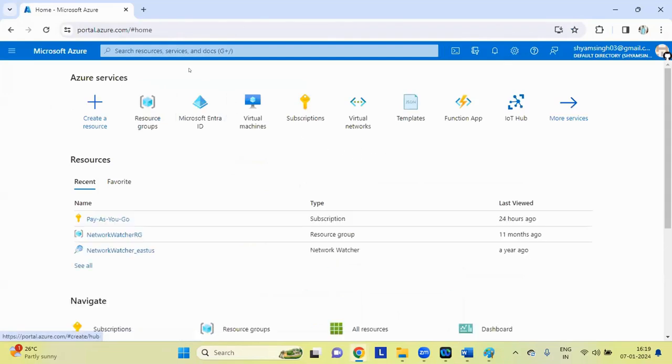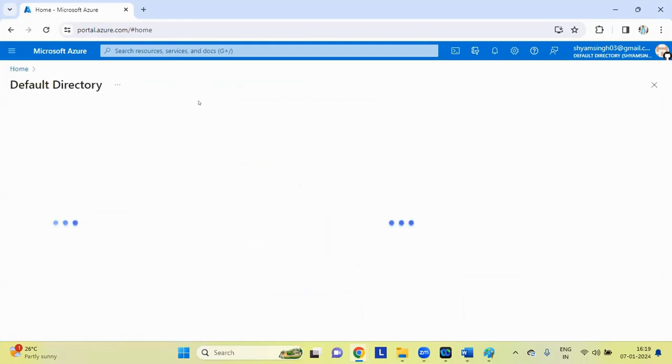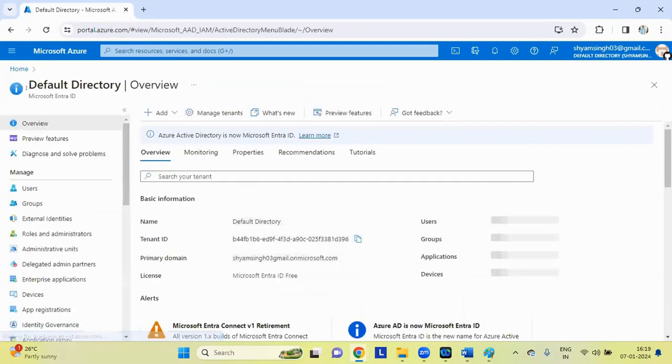So earlier Microsoft Entra ID was known as Azure Active Directory. Now we call it Microsoft Entra ID. So let me tell you how to do that. After clicking that, you will be on the directory. Okay, so you are the owner. So in this, first of all, the organization is using a single sign-on process, correct? How are they using it? Because they are using Active Directory principles. Okay, guys.